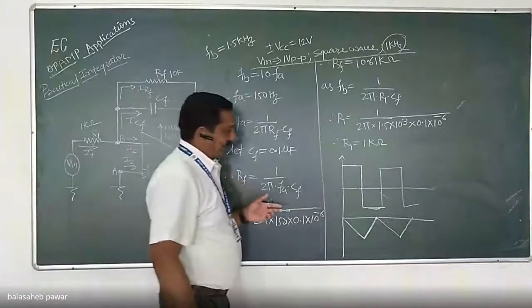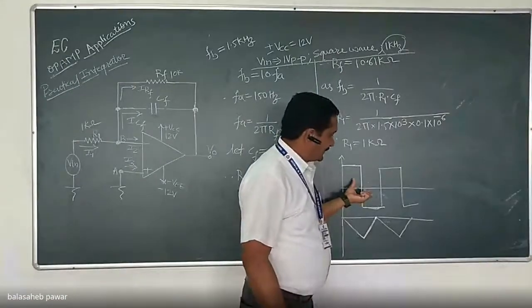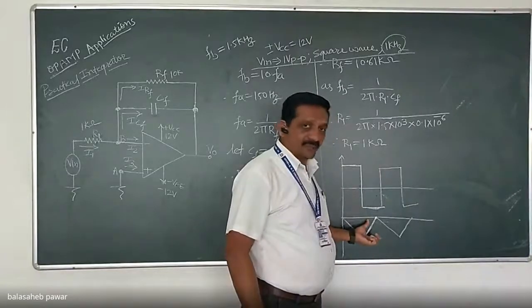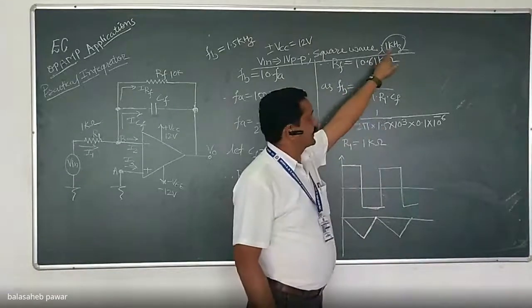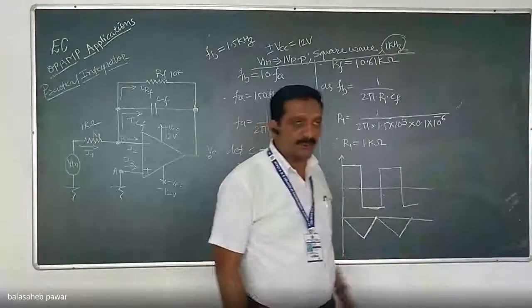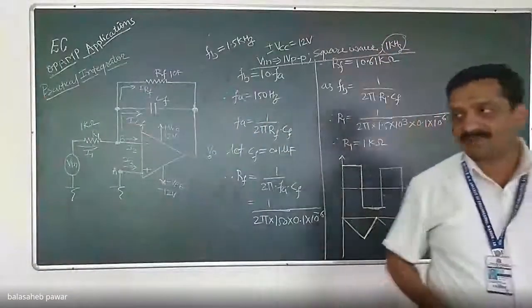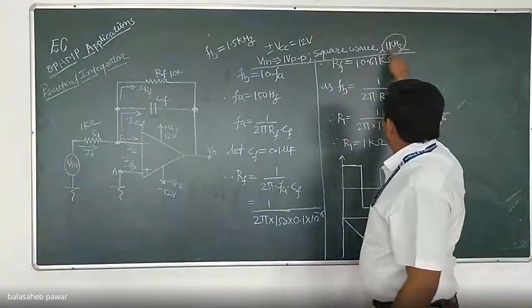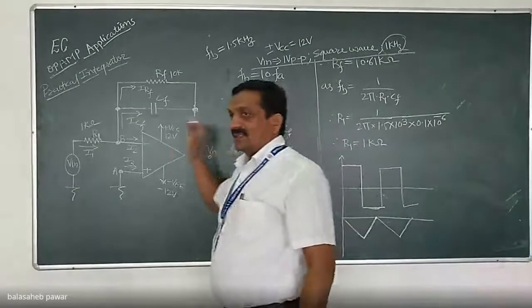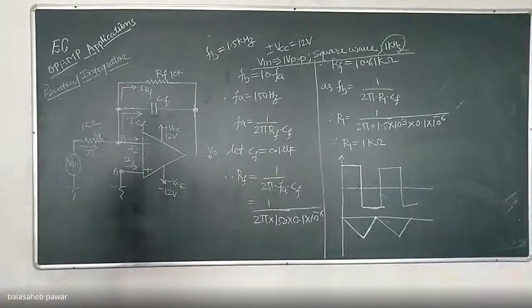So to have perfect integration of that square wave, that means to have the output as a triangular wave, the applied input signal frequency of that square wave should be between fa to fb. And that's why I considered that frequency as 1 kilohertz, to check whether the circuitry is working as an integrator or not. Which readings or observations should be taken, we will discuss during the practical session. Okay. Now we'll switch to another application. A few basic applications were remaining.